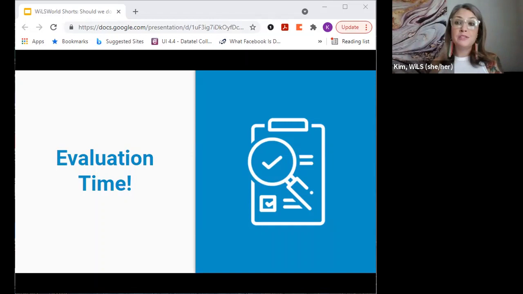That doesn't mean your program was a failure. It's helpful information to know. Why didn't those calls go down? Is it something that is already stable and low, and that just wasn't something that really could move? Maybe there isn't room for movement there. Or are there additional strategies that might help in the second year to address that objective specifically?